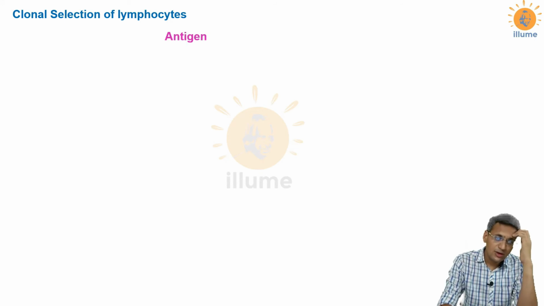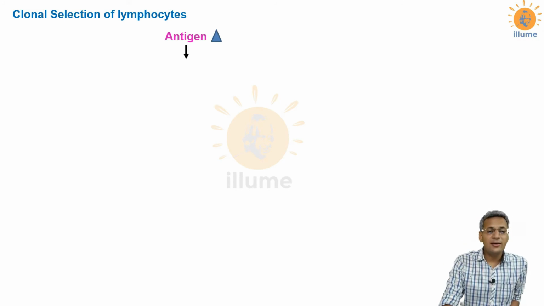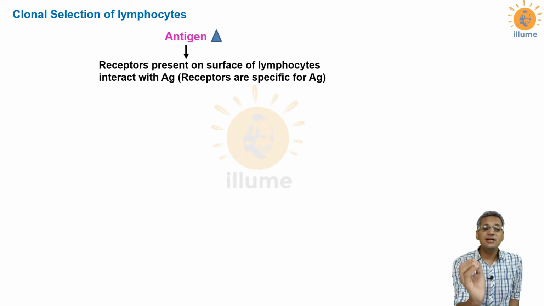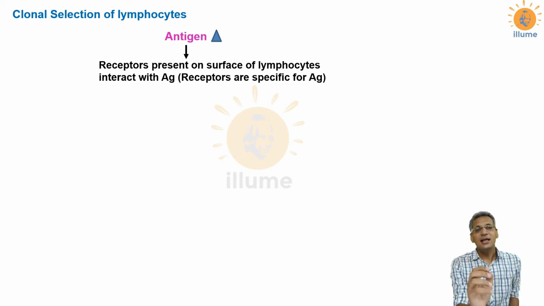Now listen to this carefully. I'll start with an antigen, a small blue triangle, entering our body, and when the antigen enters, there are some receptors present on the surface of lymphocytes which interact with those antigens. The receptors present on the surface of lymphocytes are very specific towards this antigen. Let's say